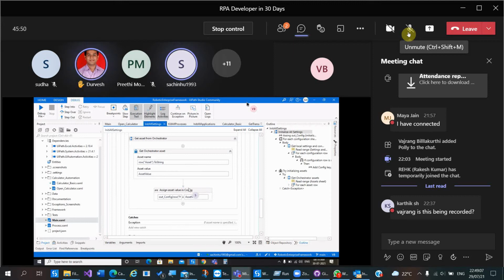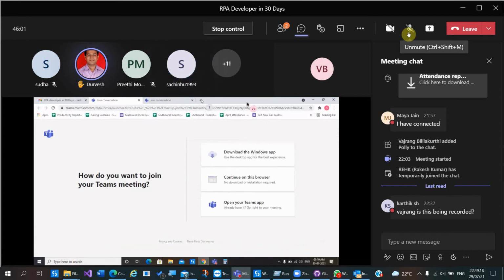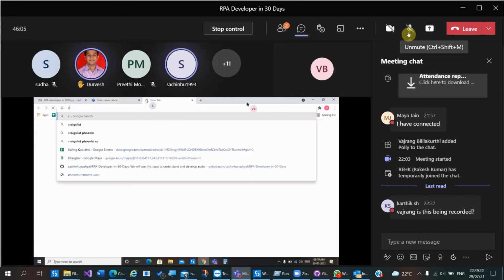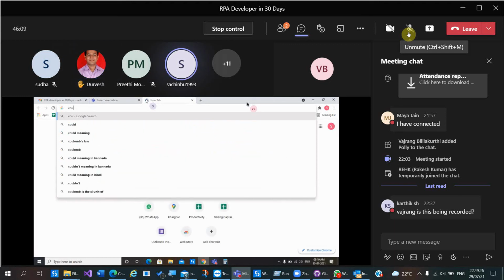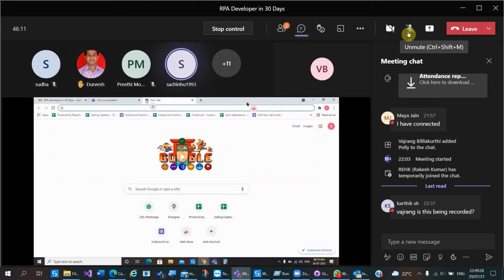Have you created the queue in Orchestrator? No, not yet created, I guess. Okay. Then go to Orchestrator and create a queue. That is the cloud part.